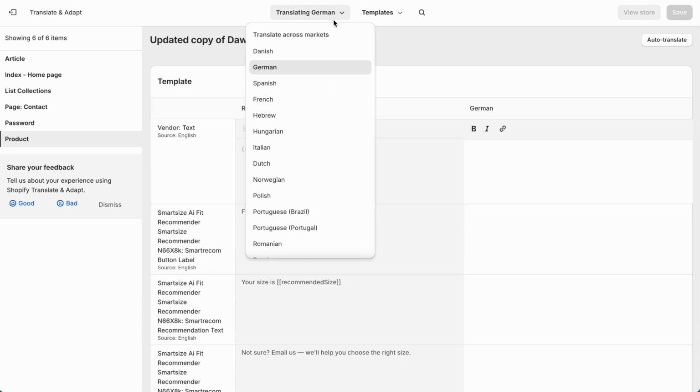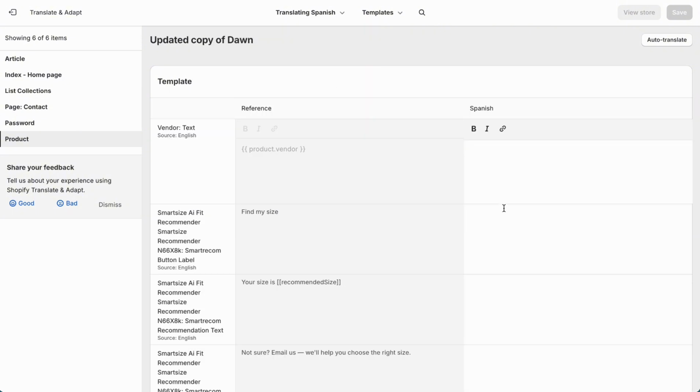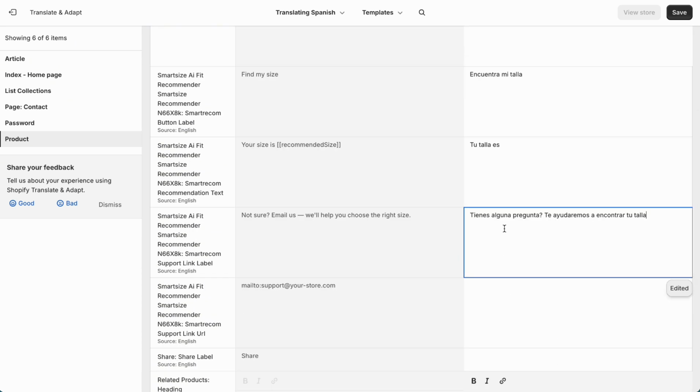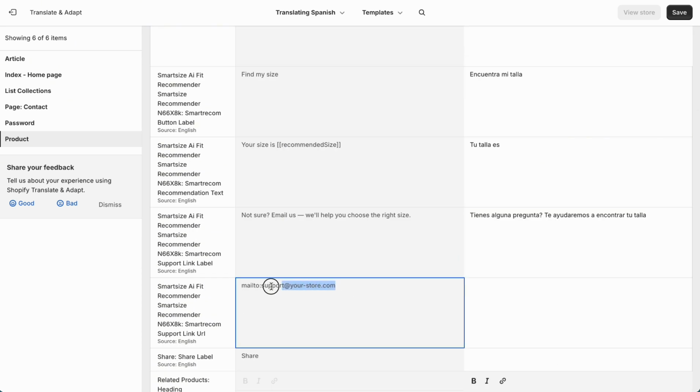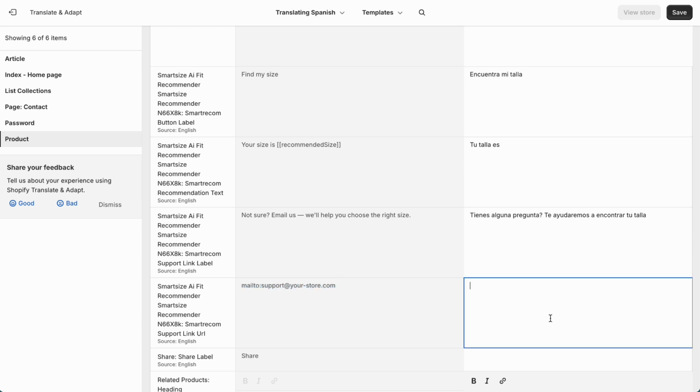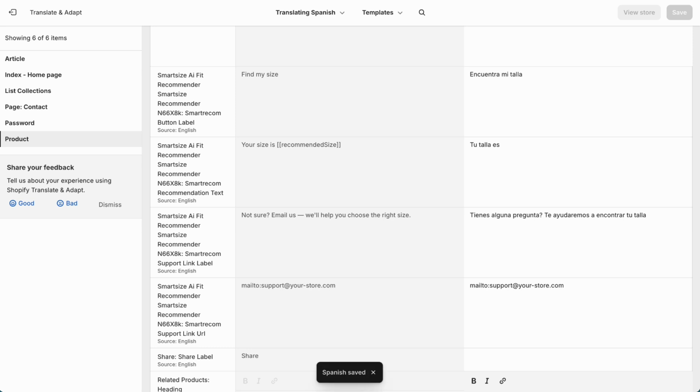Here, you can add translations for all the languages available in your store. Simply enter the translated text in the corresponding column. You can use the auto-translate feature that Shopify offers for free. Keep in mind that the number of free auto-translations is limited. After that, you can either add the translations manually or subscribe to the Translate and Adapt app to auto-generate them